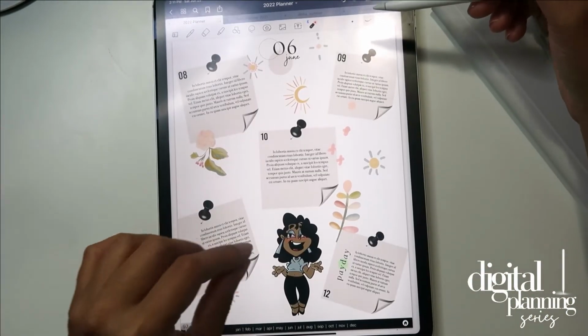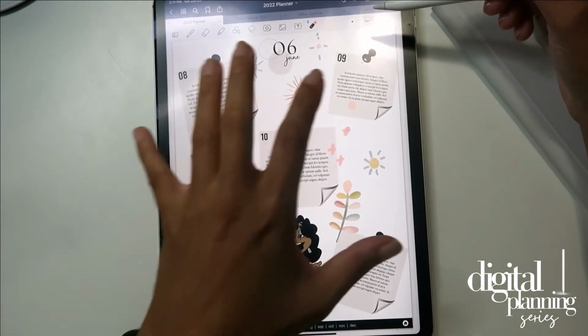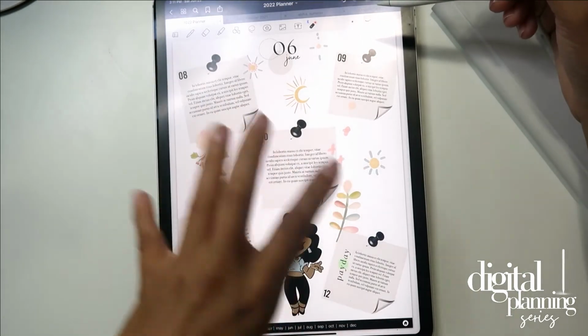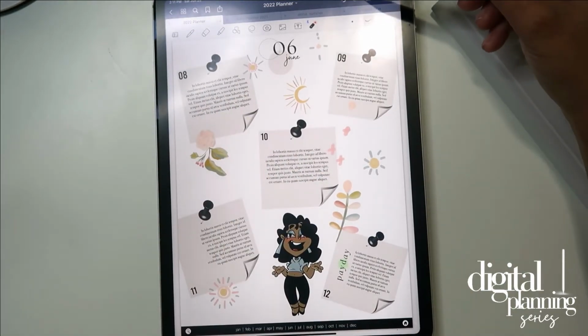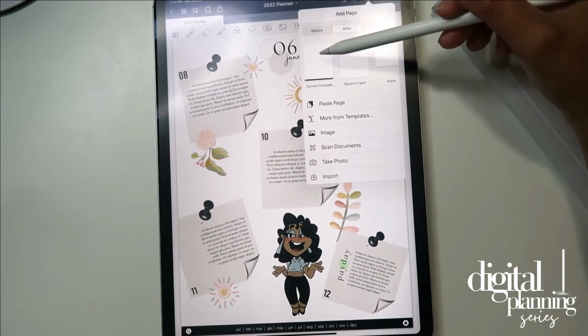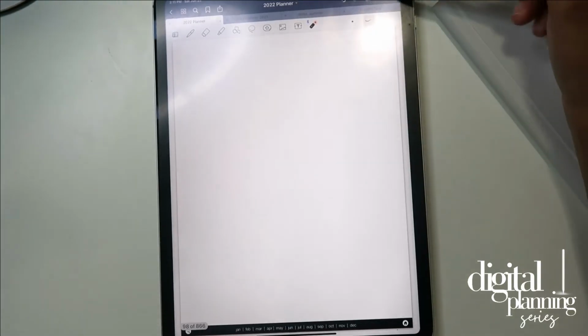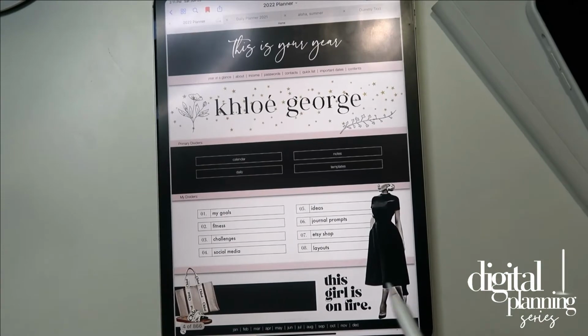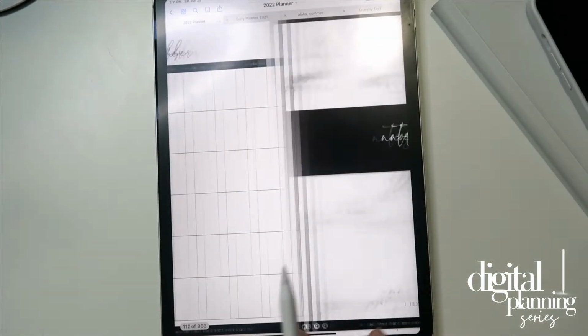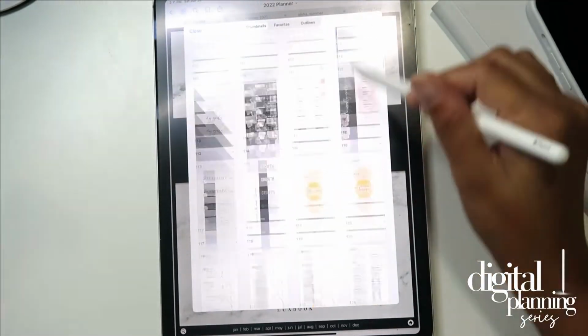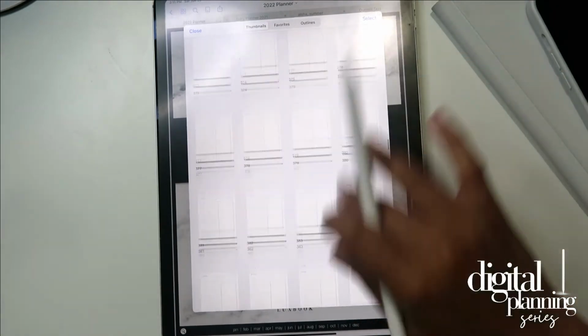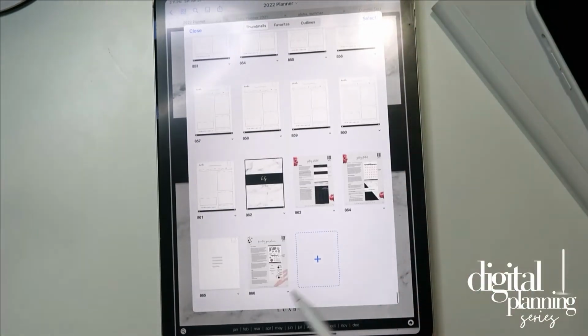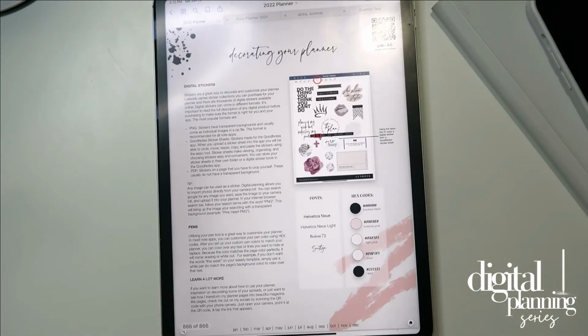So if I wanted this template, but I only wanted the template itself and not any of the imaging, writing, and all of that, you're going to hit the plus button and then hit current template. You can also do this at the very end of a planner. So for example, if I were to go to the very last page on this planner, so let's say this was my last page,